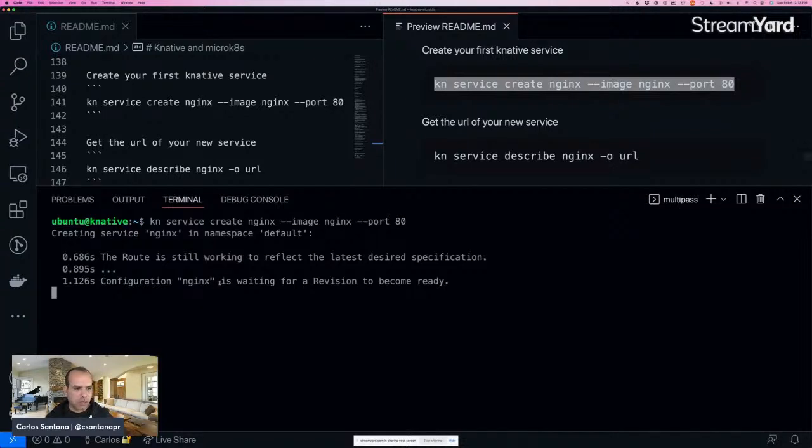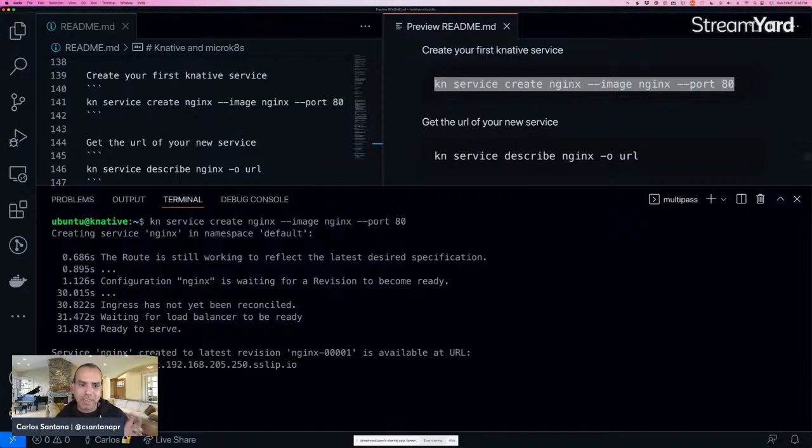One of the things that Knative does is that by default it goes and grabs the digest of Nginx. In this case, I didn't pass a tag, so it takes the digest of latest, whatever it is today at this time, and this is the actual final container URL that is going to be in the pod. That is a better solution, even for production. So we get back our URL and